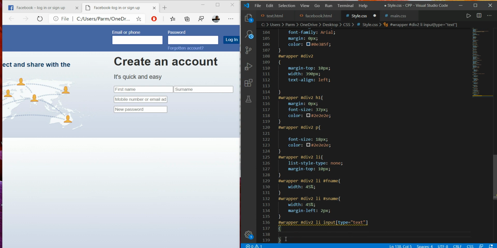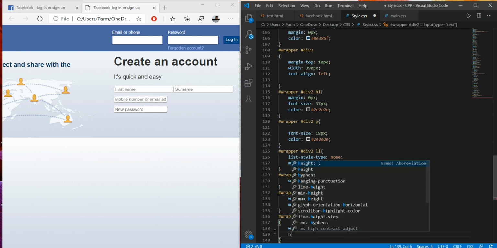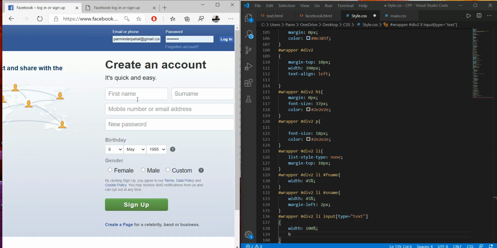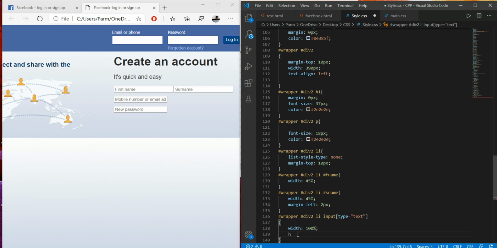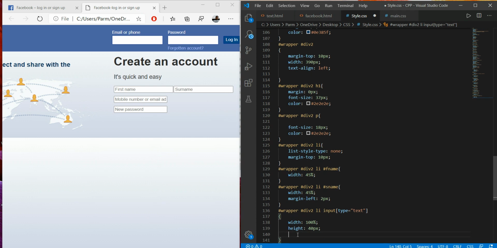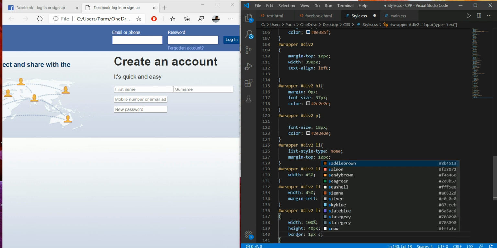For input type equal to text, we have to specify width equal to 100%, then height, as we see over here it has a height, I'm just giving it a value of around 40 pixels, and here we have to use border, because we see a surrounding border over there, so we use the border shorthand, and border size I'm setting as 1 pixel, and it's solid.